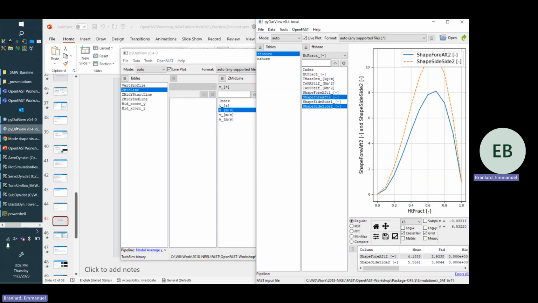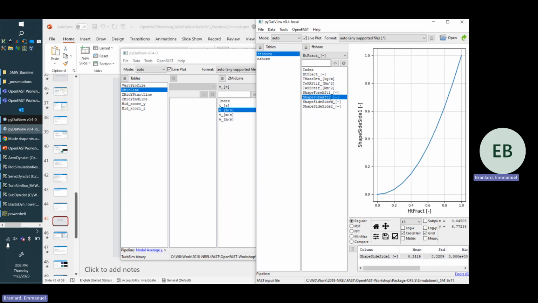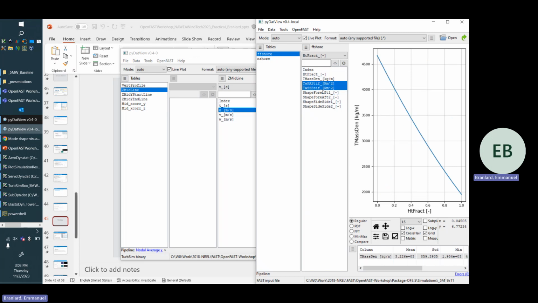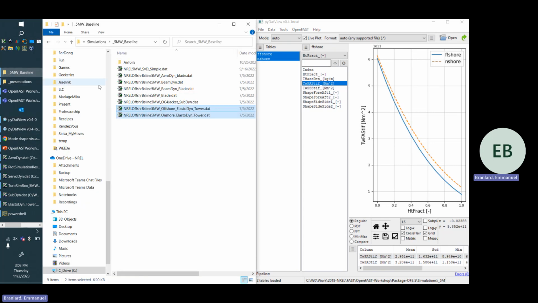So yeah, that's why I use PyDatView, for sanity checks. Obviously, when you do a paper, you're not going to use PyDatView for your plots, but for sanity checks, input file sanity checks. So yeah, looking at your shape functions, looking at comparing files like this, just plotting what is the difference between those two files. And when you look at the output file,